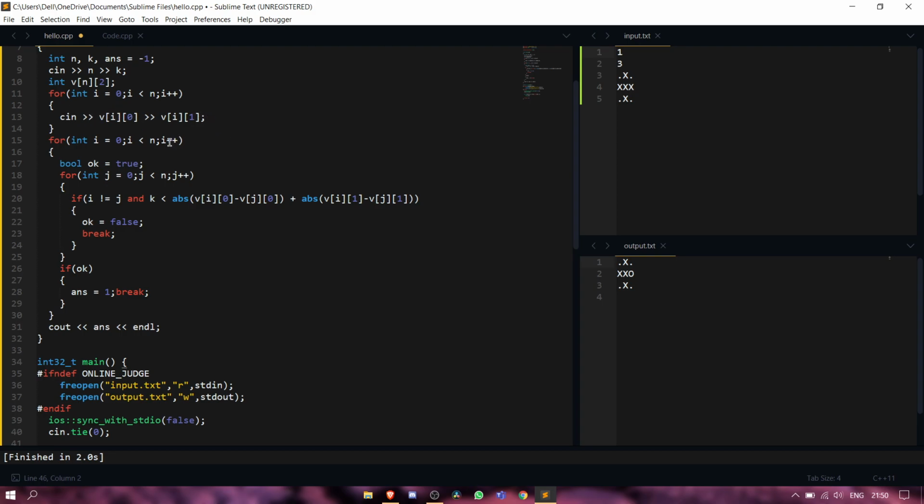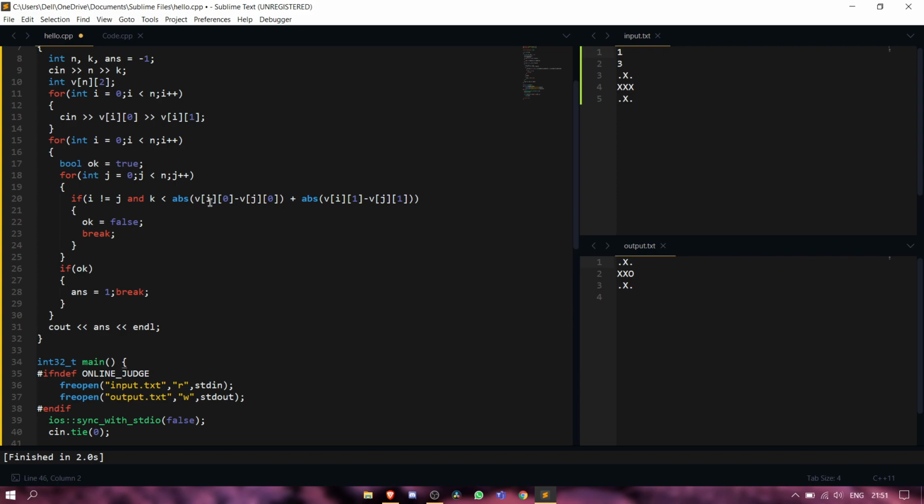Then we are running a for loop from 0 to n, and we are taking a bool variable, ok, which is true initially, and we are running a loop over j till n, and we are checking if i is not equal to j and k is less than the absolute value of xi minus xj plus the absolute value of yi minus yj.